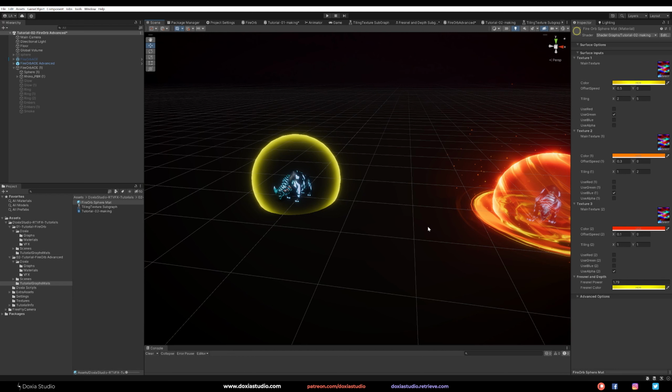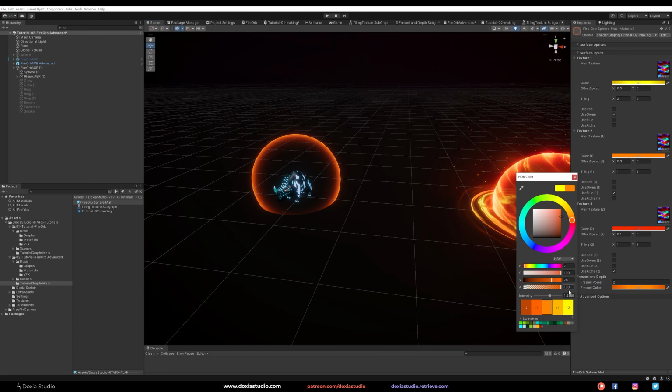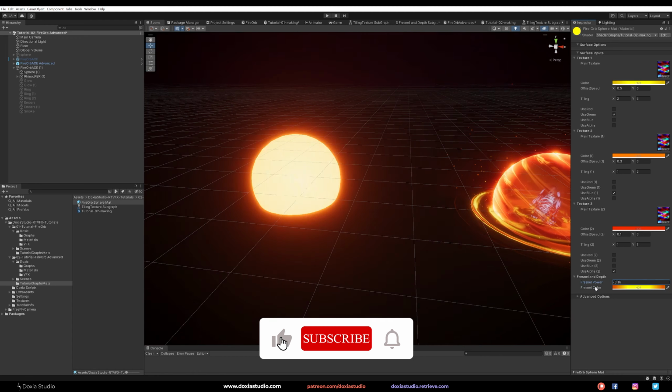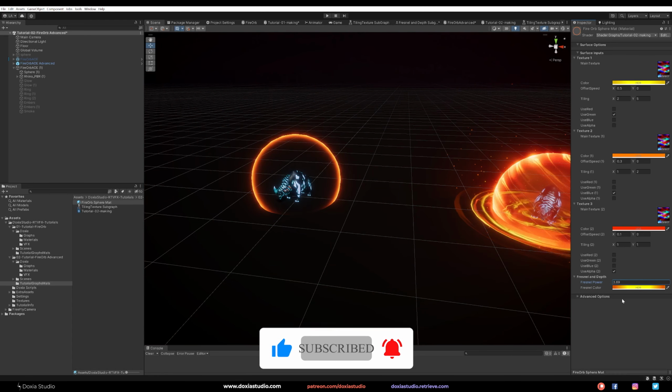Okay, that's really important. When you have a fast-paced game, it's really important to show the limits of your skill. So the players will instantly know the limits of your effect or your skill and know where the damage will be taken. Okay, that's really important. And here the color, as you know, will control the color, for example. And the power, you can limit a lot. If you go to 0, you don't have anything, and something like that.